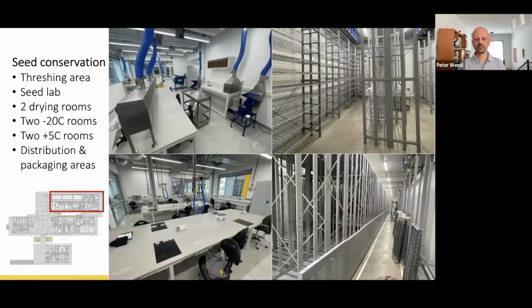Now, some photos from these different areas, just to give you a feeling of how things look inside. This is the seed conservation area in the upper left. It's the area where threshing of pods from beans and tropical legumes, forage legumes takes place. At the lower left is the seed cleaning area. And on the right, upper right, you see the biggest drying room, and down at the lower right, the biggest